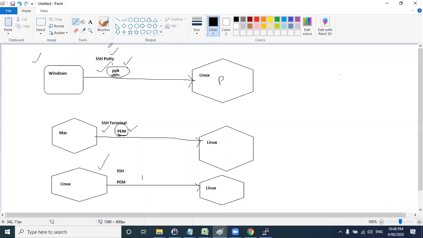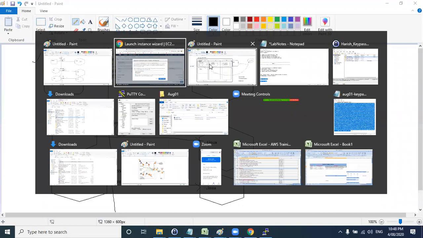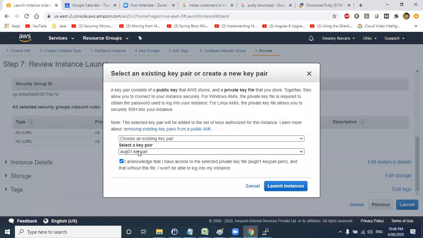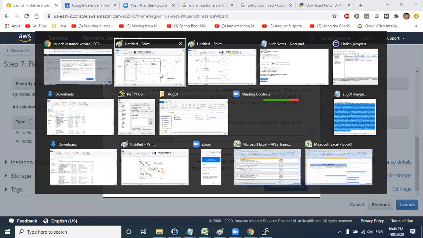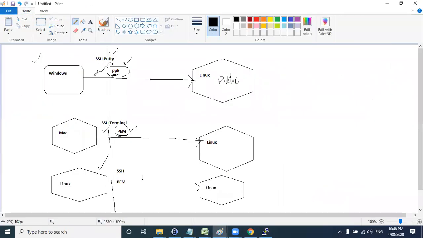These are our clients, which we are accessing from. These are the servers. For these servers, we need to give the public key here. When you select this one, based on this key, the public key will be assigned to the EC2 instance by AWS. AWS will take care of this; you need not worry about that. If you are selecting the August 1st key pair, you need to use the August 1st key pair private key or PEM file here. Okay.